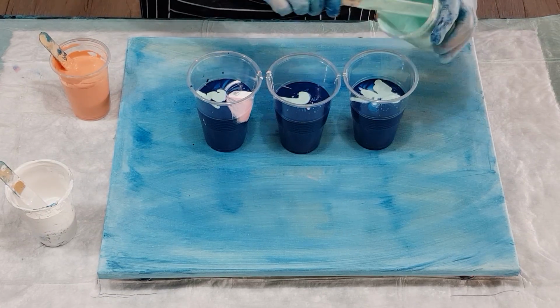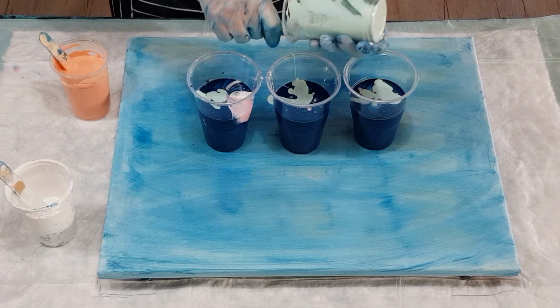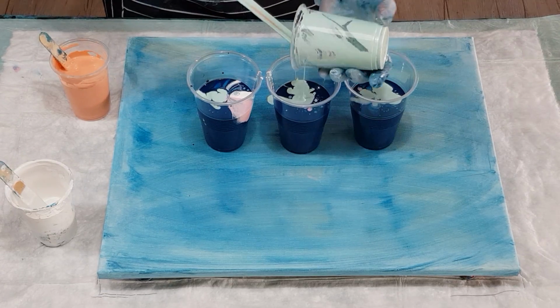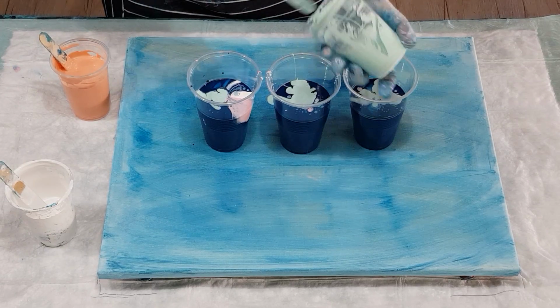Beautiful cells popping up already on the surface of the cup. So try that with your paints. If you're really unsure about your consistency,